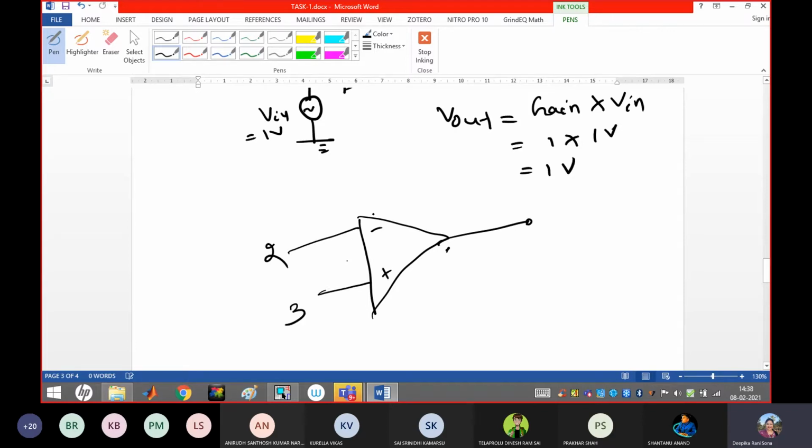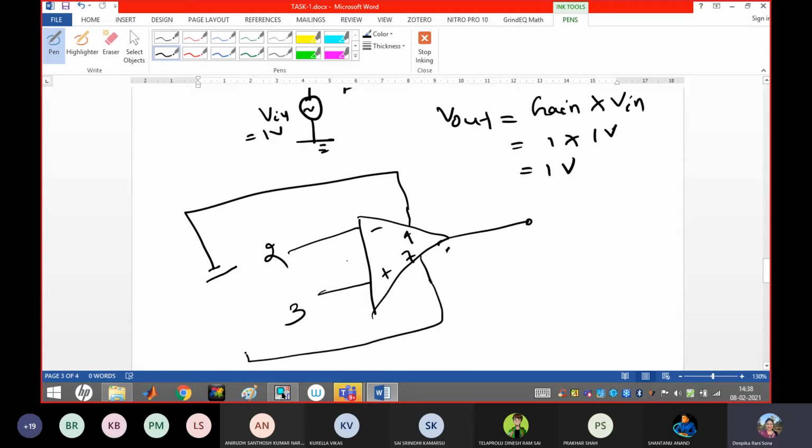See, this is pin number 4, this is 7. How I have shown in the theory class, 4 is for minus VCC, that's why minus, then plus, and 7 is for plus VCC, that's why this will become plus and minus, and both should be grounded. We have to use exactly the same thing here.